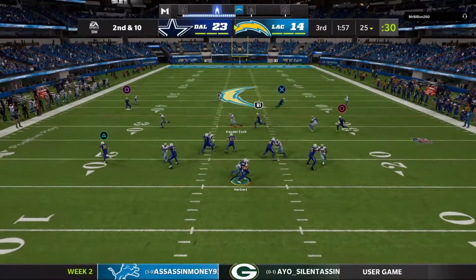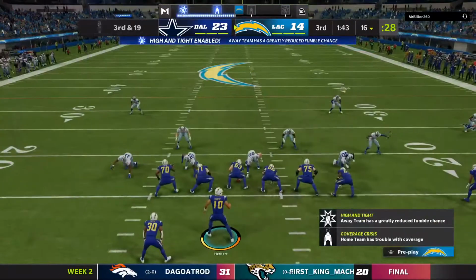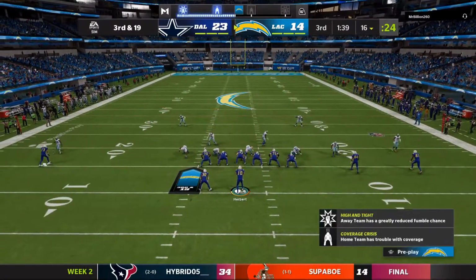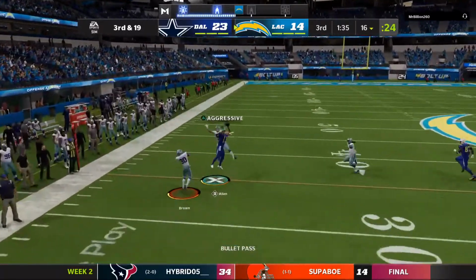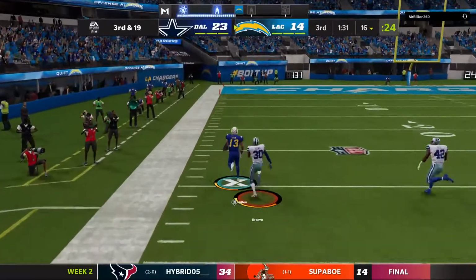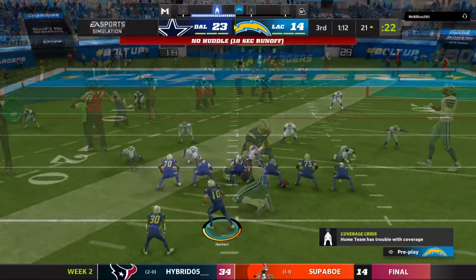Throwing again on 2nd and 10. Herbert. Nowhere to go for Herbert, and he's going to go down. Keanu Neal with a safety blitz for the sack. Now on 3rd and long, they'll look to throw. And this is caught. First catch for Keenan Allen. And he finally goes down, but not before reaching the